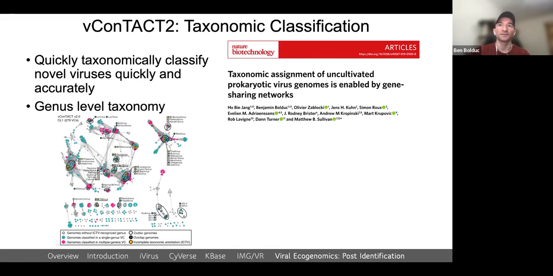If you have known viruses, then yes, you can use those tools. You can use BLAST, or you can use those tools to identify those viruses. vContact 2 is designed to classify anything and everything in the virus. I should say prokaryotic. That is my one caveat myself. This can work for eukaryotic genomes. I have not used it personally in eukaryotic data sets, but when